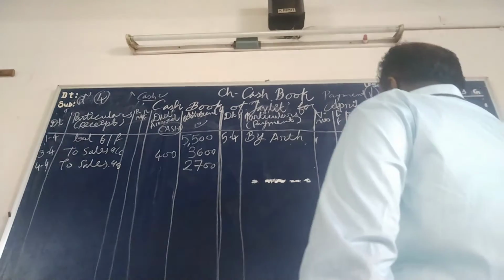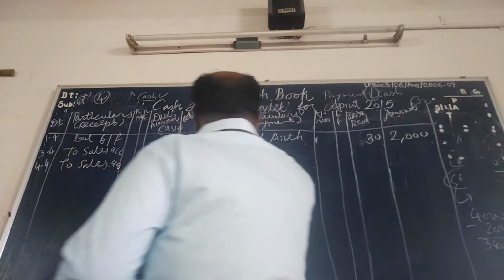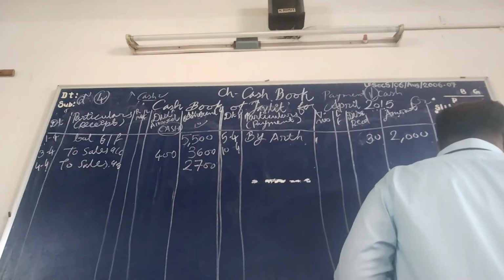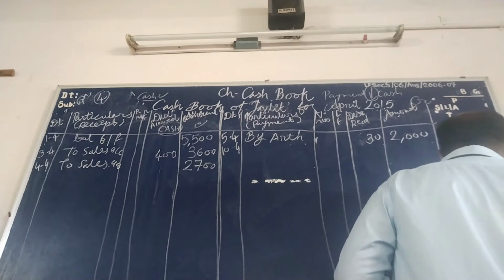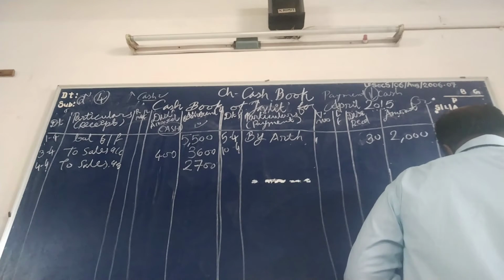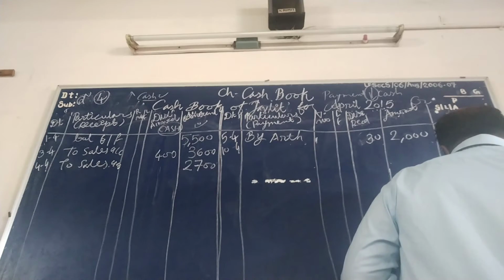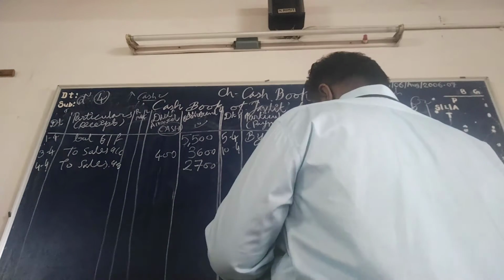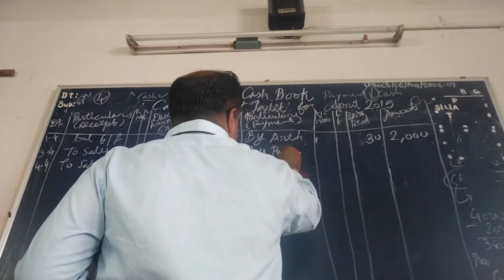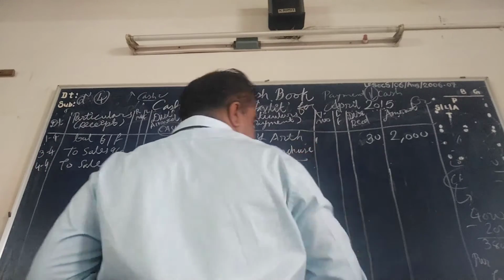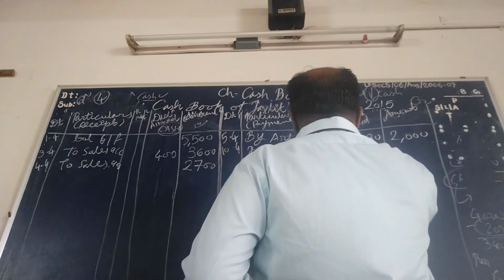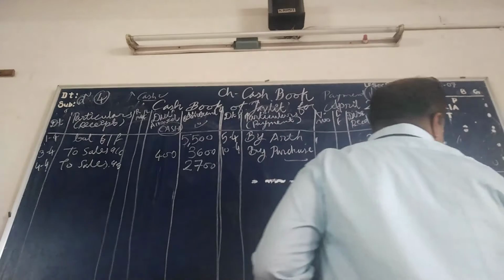Okay, so we write here on the 10th of April. What is the journal entry for that? Purchase to cash. Okay, and hence we receive the discount. Okay, the discount will also be recorded. So by purchase we receive the discount of rupees 200, hence this discount will be recorded here, 200 and 3,800.